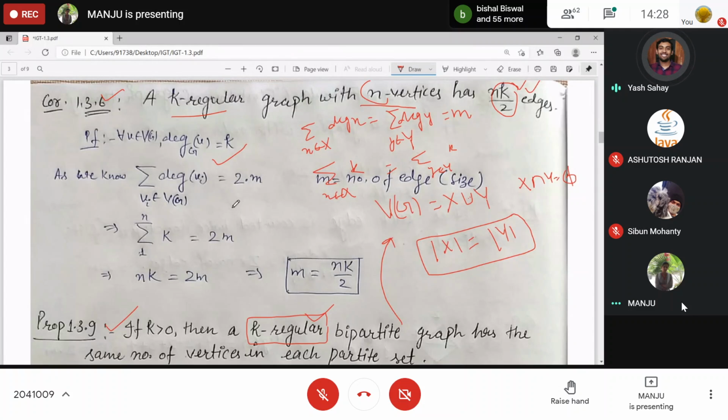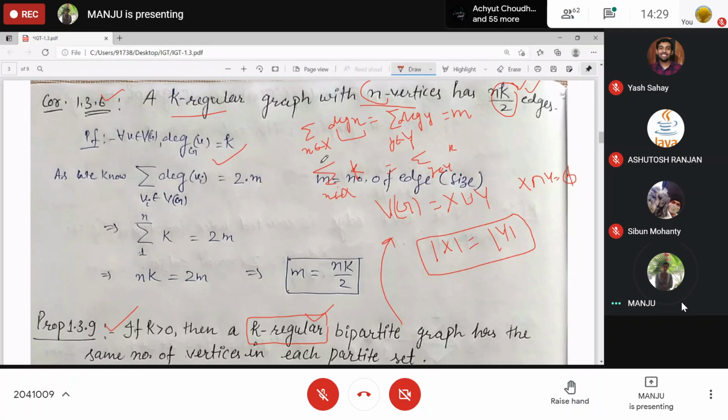Ma'am, on the left hand side it is the cardinality of X. On the X side, it will be the cardinality of X. I'm not talking about degrees. How many vertices are there? That many times it will be added.